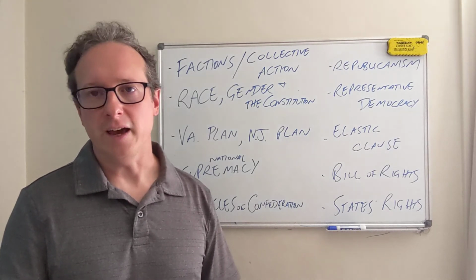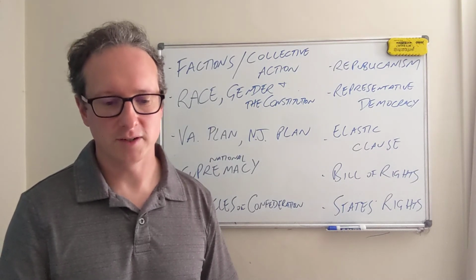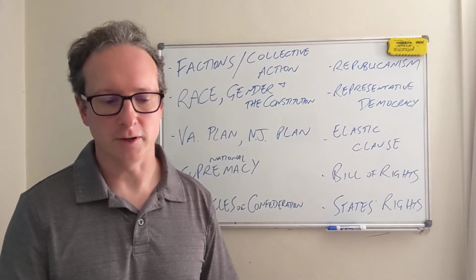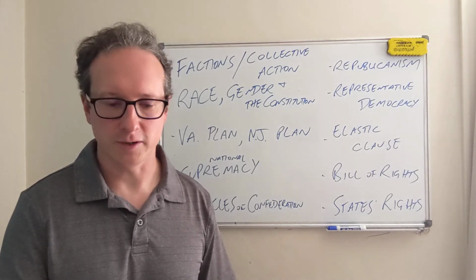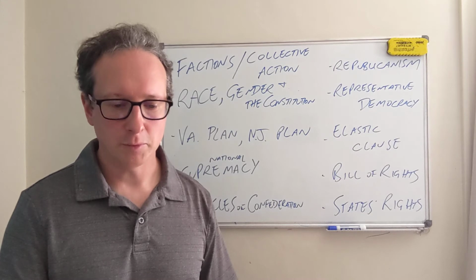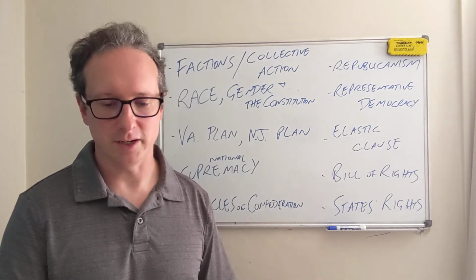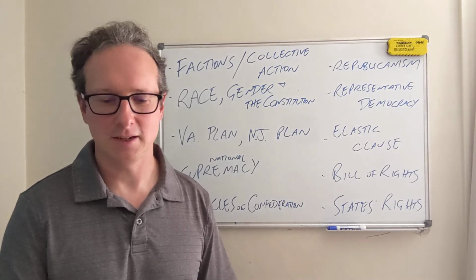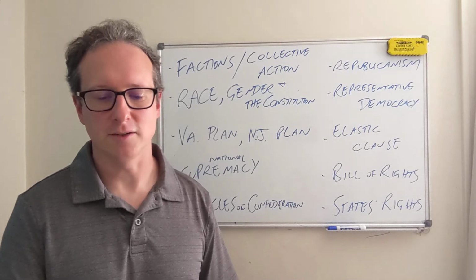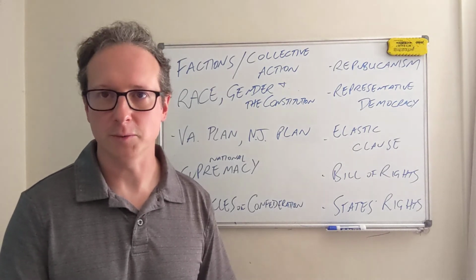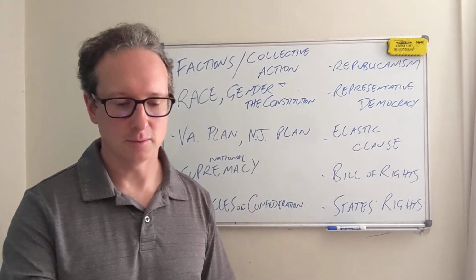But all people were really after in writing the new Constitution was a little bit more stability and a little bit more security for government, and not a return to monarchy like they had under Great Britain. What most people were afraid of was a return to tyranny. And what did tyranny mean? A return to a kind of monarchy or unrepresentative government that doesn't serve the interests of most people.